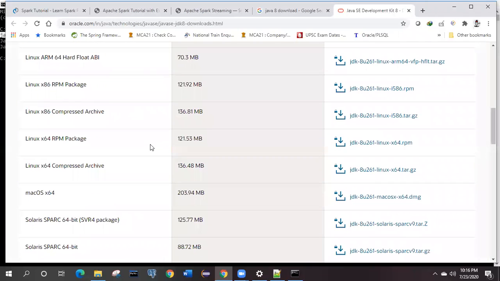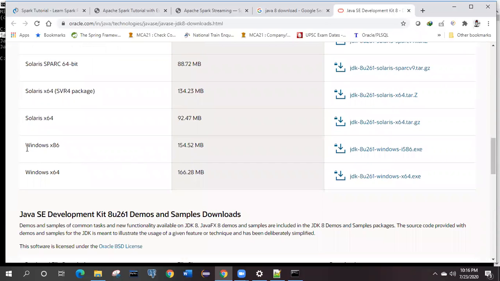If you scroll down, the versions will come with updates for the different operating systems where we are going to install. Here it is showing two Windows versions, x86, which simply means 32-bit Windows, and x64, which means 64-bit Windows. My machine is 64-bit, so I'll download this Java JDK by clicking on this link. Once it is downloaded, you have to click next, next, next, and finish. Then finally Java will be installed on your machine.